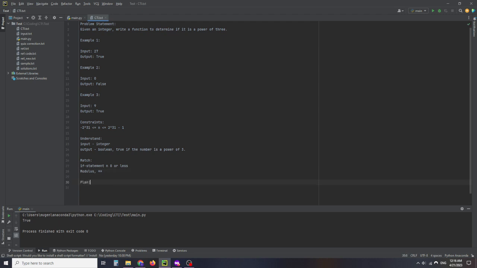So the plan is to look at the input number. If n is less than 1, I don't want to say less than or equal to 0, this is just faster. Actually, I don't need that. Let's think of this differently. Let's do this in one if statement: if n is greater than 0,